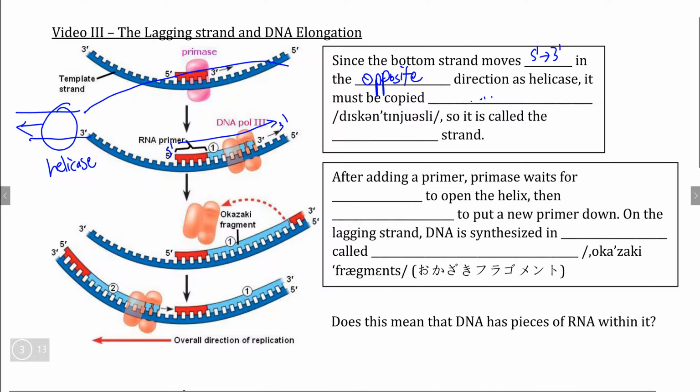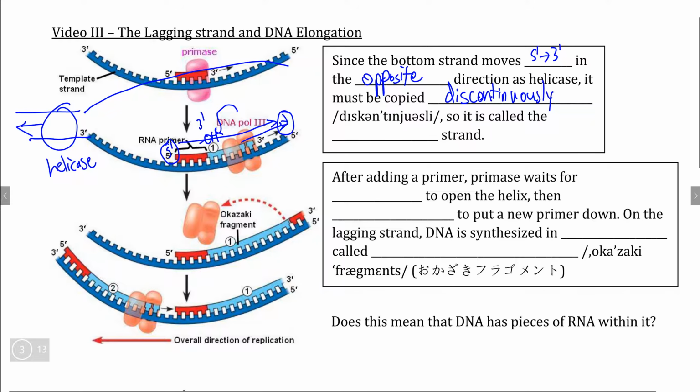Now, this means that the bottom strand cannot be replicated continuously, but is instead replicated discontinuously, and we'll take a look at why exactly that is. Because DNA polymerase 3 can only add new nucleotides by reacting them with the OH group on carbon 3 of the most downstream sugar molecule in the nucleotide, that means that it can only add nucleotides in a 5' to 3' direction like this,